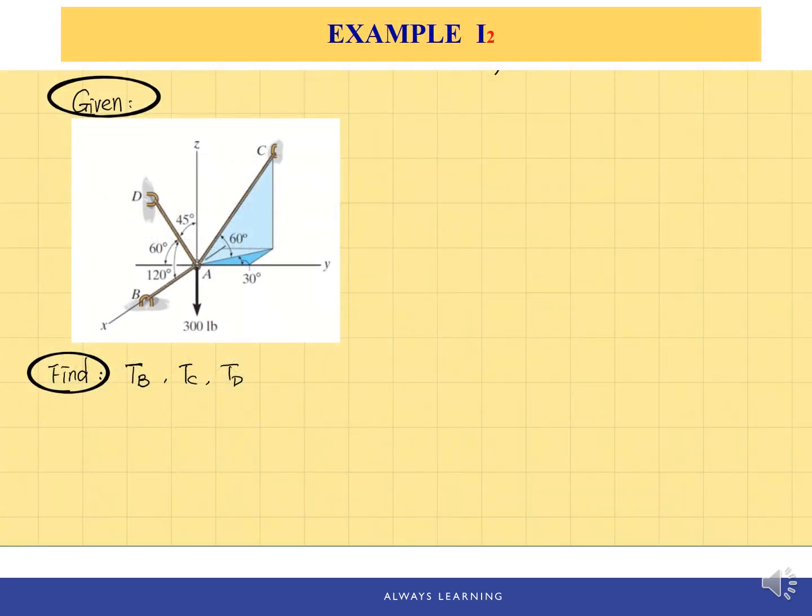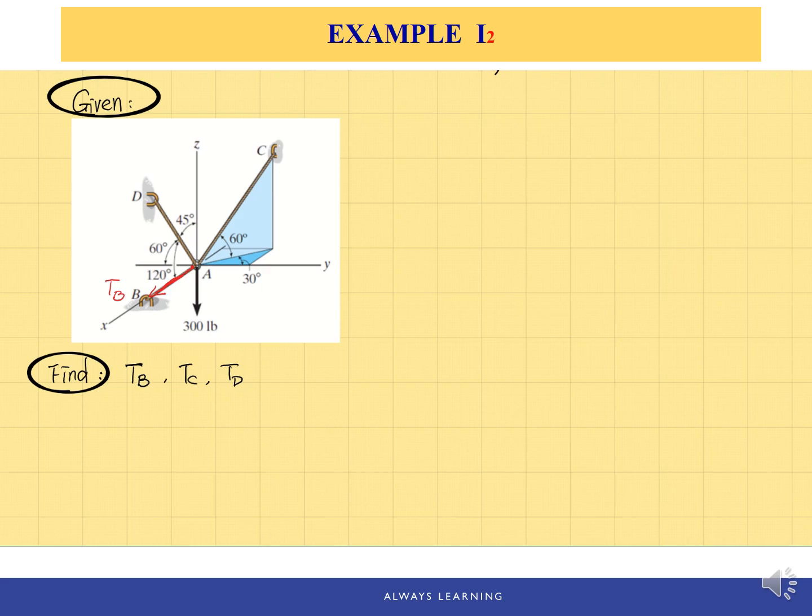So here is the given information, and we're looking for the tension developed in each cable. Keep in mind, cables can only exert tension, which means they can only pull from the point, and cannot push into the point. The direction of the tension developed in the cable is along the direction of the cable, meaning here is my TB